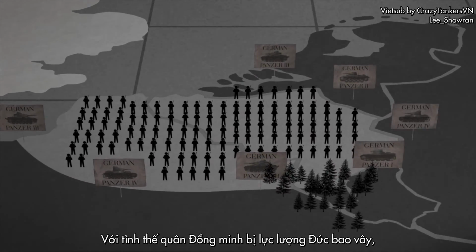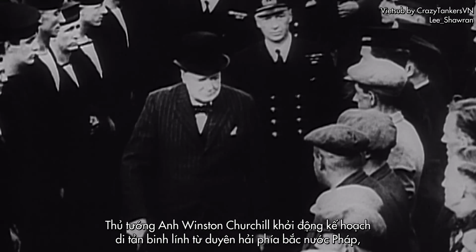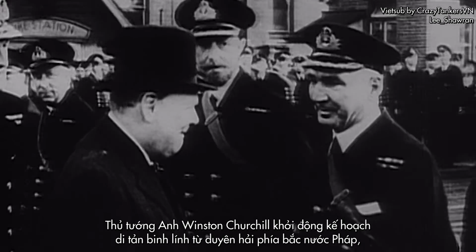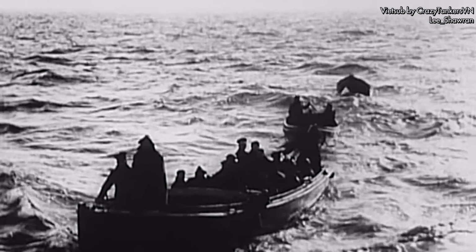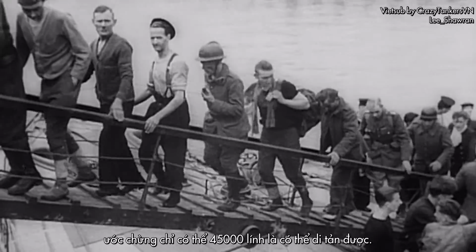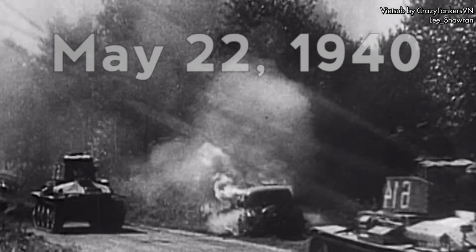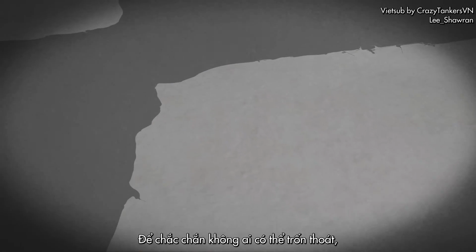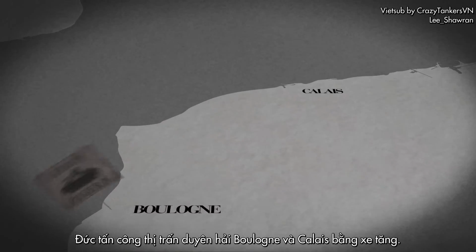With the Allies surrounded by German forces, British Prime Minister Winston Churchill activates a plan to evacuate the soldiers from the northern coast of France, codename Operation Dynamo. Though there are hundreds of thousands of servicemen in France, it is believed that only 45,000 troops, at best, can be evacuated. May 22nd. To ensure that nobody will escape, Germany attacks the coastal towns of Boulogne and Calais with